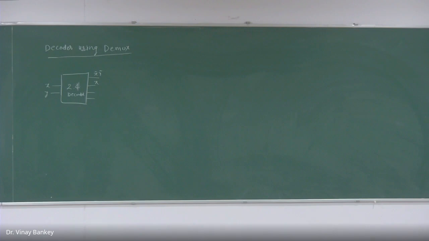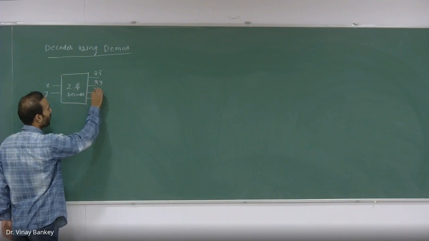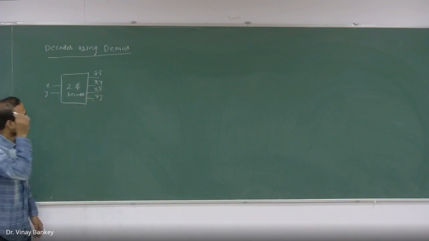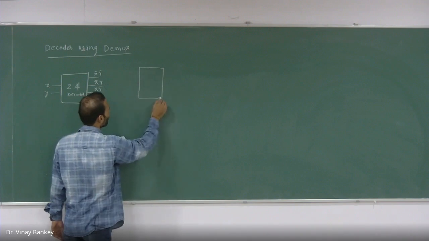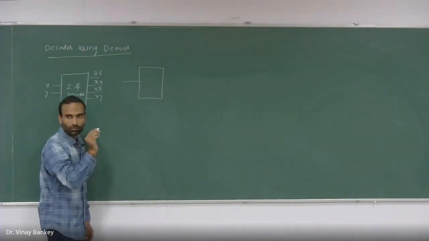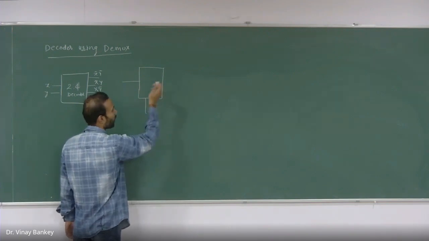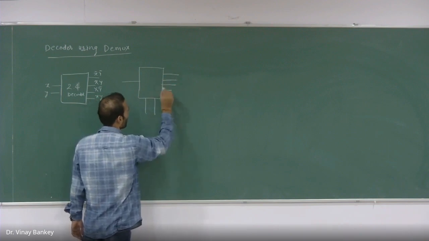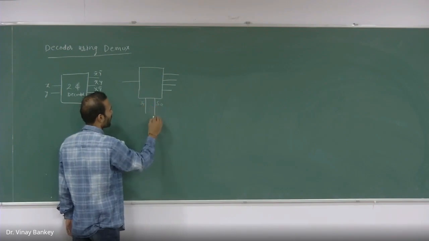So this second output will be what? X bar y, and now the third output will be x y bar, and the last one will be x and y. Okay, and if you see the demultiplexer structure, you should have one input, and according to the selection lines, the output will be decided, or you can say according to the output, the selection lines will be decided. So let's suppose this is my S0 and S1, and they are connected to X and